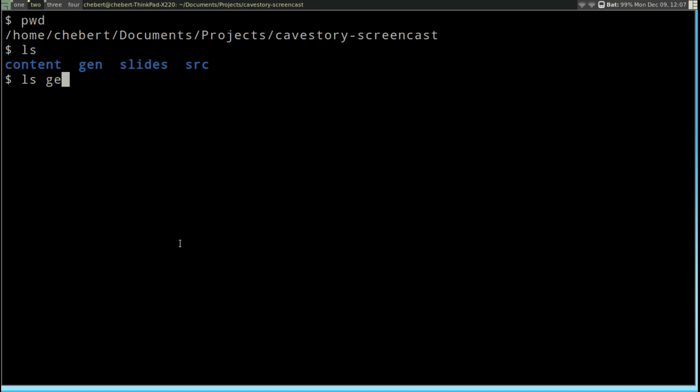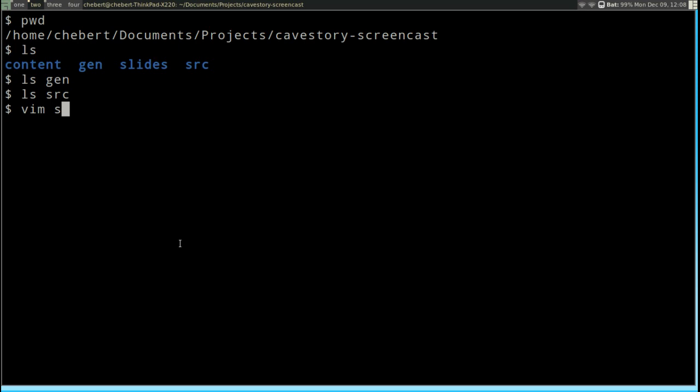Gen doesn't have anything in it, but that's where we're going to be putting the actual executable game file. Slides, that's stuff that I show you. And source is where we're going to be putting the